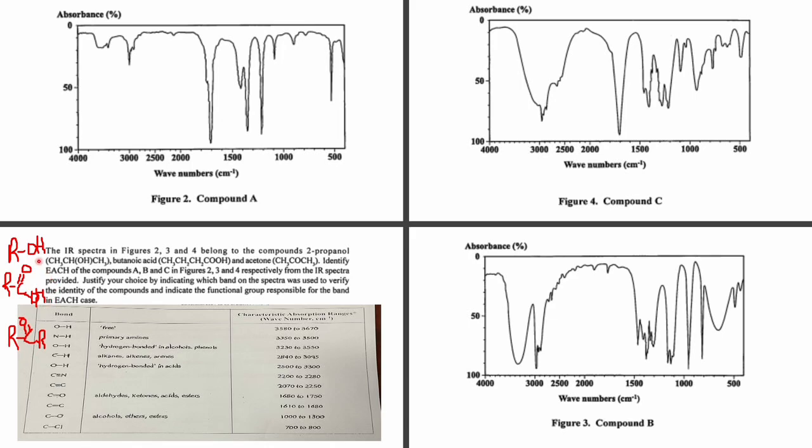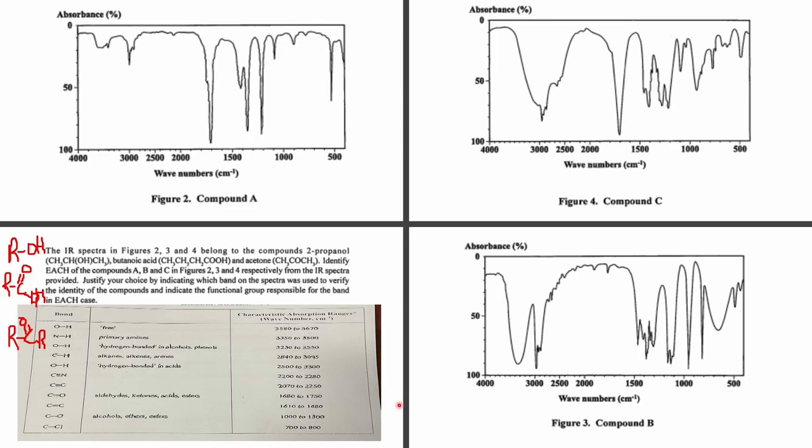And we're also looking for your carbon double bonded to your oxygen. And lastly, in your ketone, we're looking for that carbon double bonded to your oxygen. So from our previous recap, we should hopefully remember that when it comes to your OH group, you have an intense peak in both your alcohol and your carboxylic acid. Your alcohol is going to give you an intense OH dip on your spectrum, and your carboxylic acid is going to give you a very broad